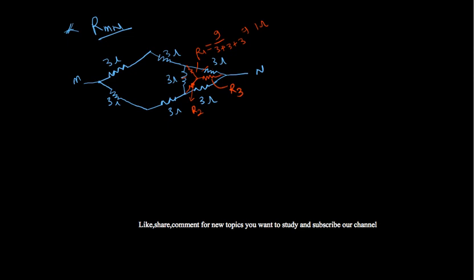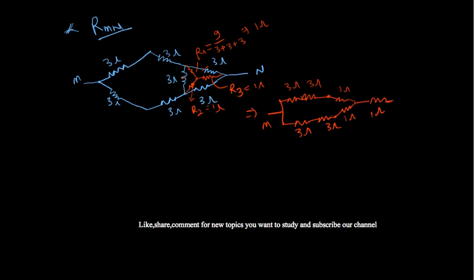So if you see, because of symmetry, I can write everybody is 1 ohm. So what will be our equivalent network further? It will be something like this: 3 ohm, 3 ohm, 3 ohms, 3 ohms. Now we have taken star at this point in place of delta, and the star network is having 1 ohm, 1 ohm, and 1 ohm, and you are having the M terminal here, N terminal here.